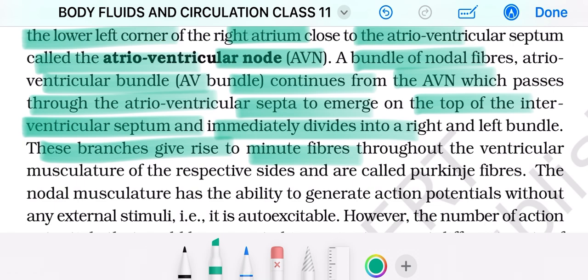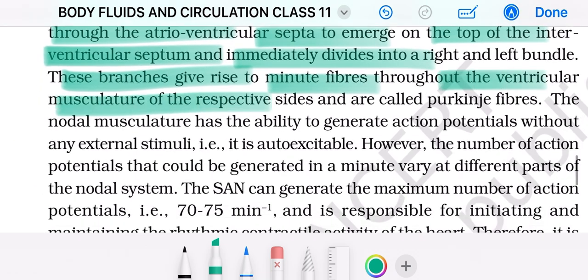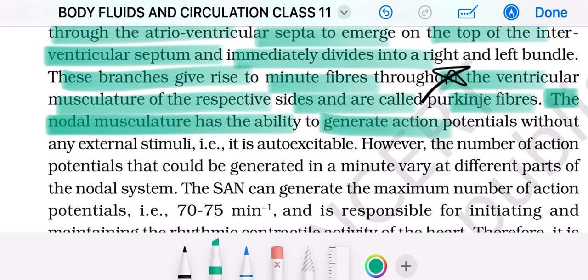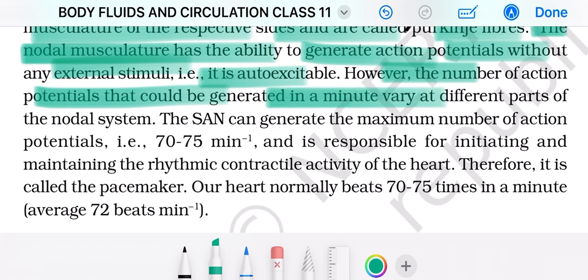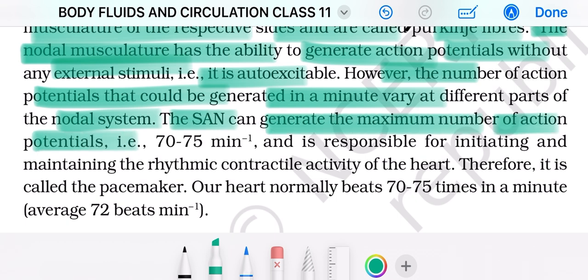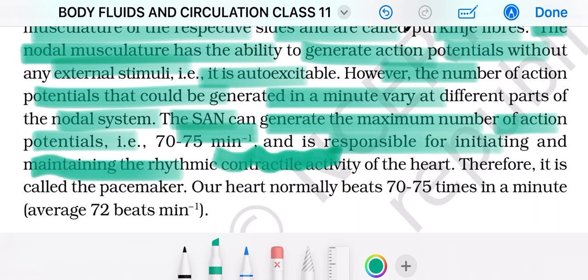These branches give rise to minute fibers throughout the ventricular musculature of the respective sites and are called Purkinje fibers. The nodal musculature has the ability to generate action potential without any external stimuli, that is, it is auto-excitable. However, the number of action potentials that could be generated in a minute varies at different parts of the nodal system. The sinoatrial node can generate the maximum number of action potentials, that is 70 to 75 per minute, and is responsible for initiating and maintaining rhythmic contraction